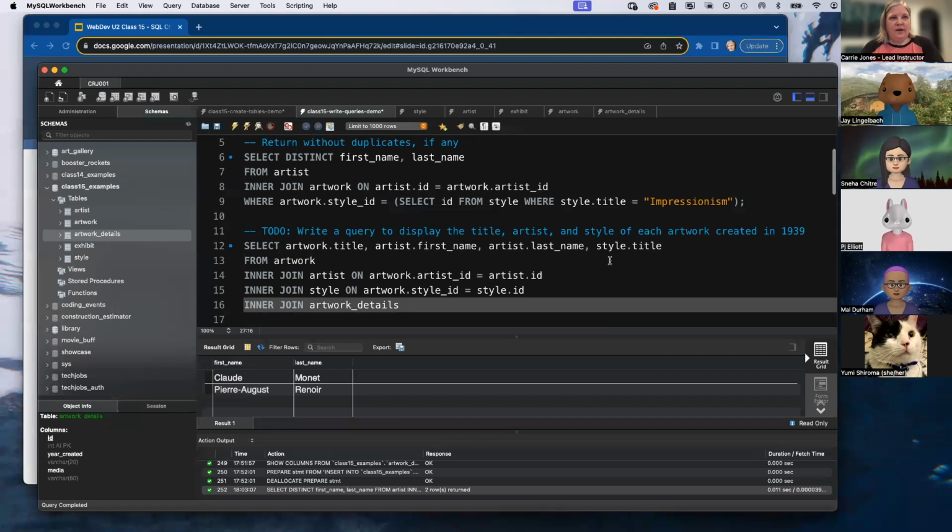Well, we said that we wanted it to be from artwork that's created in 1939. And guess where that data exists? It exists in the details table. So we're going to have to join on that too. So when you're thinking about how to go about something like this, just think about where the data is that you need, whether you need it because you're going to display those columns or because you need it as a condition. So details_ID equals